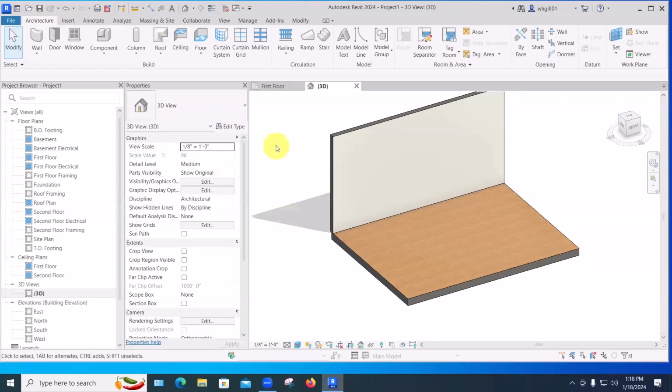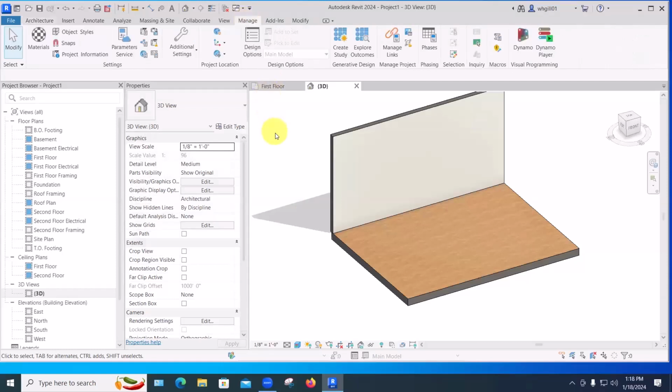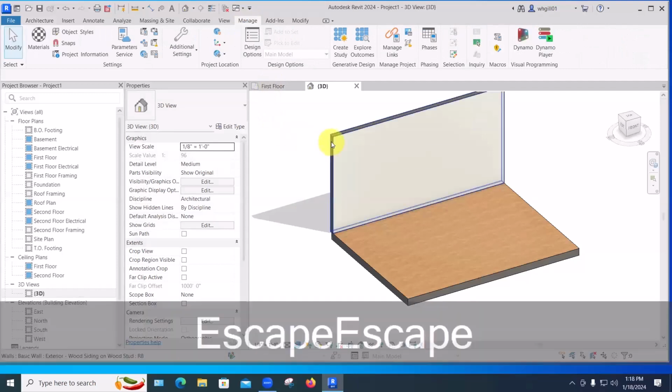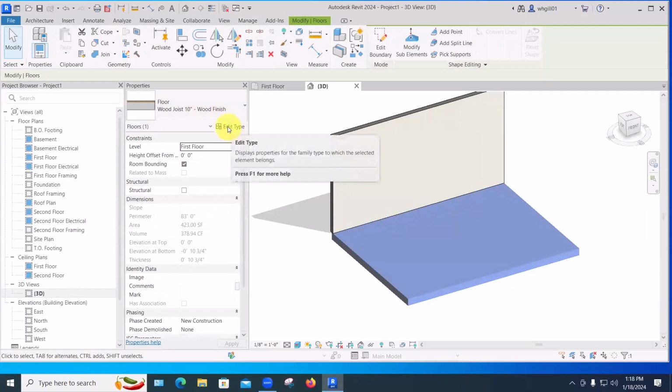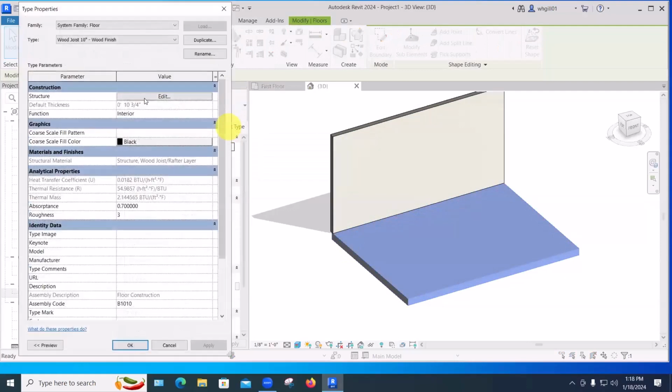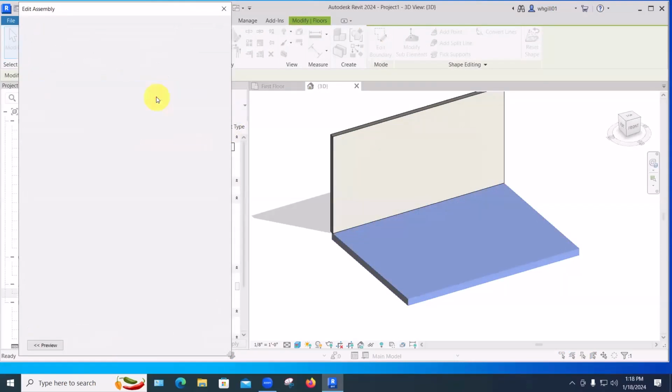So let's go to the materials manager. We're going to be spending a lot of time there today. Manage materials. Oh, and it's worth looking just a second. If we pick this floor, and then go into edit type and structure,